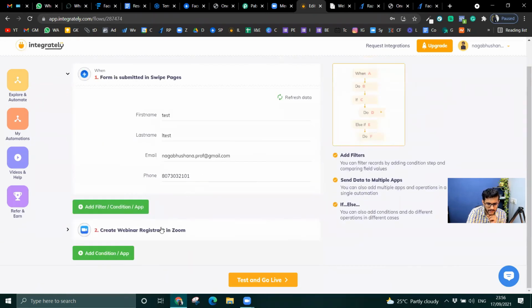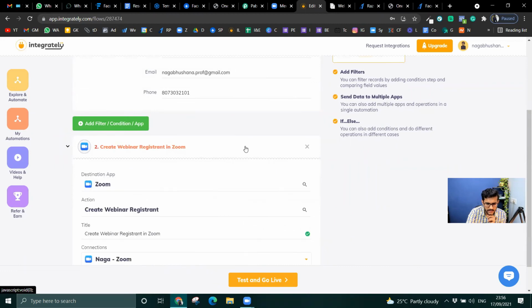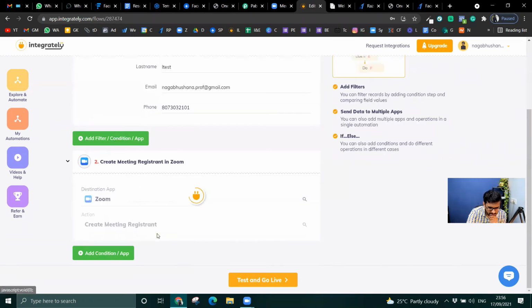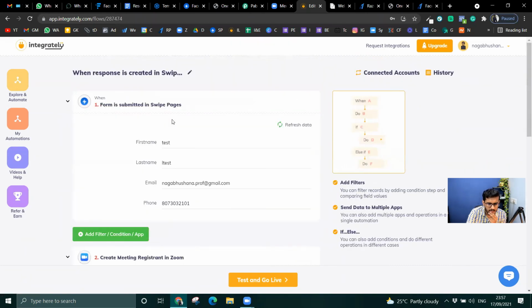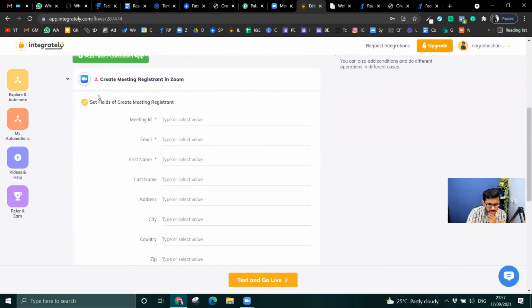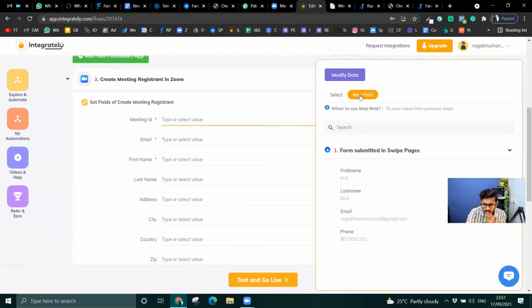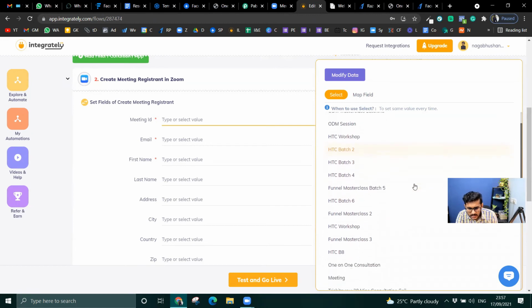Here I would go ahead and say edit. Then I would say instead of create a webinar, create meeting registrant. I have to select this. When the form is submitted, meeting ID, I will have to select meeting ID, which is, oh my God, there are so many things.